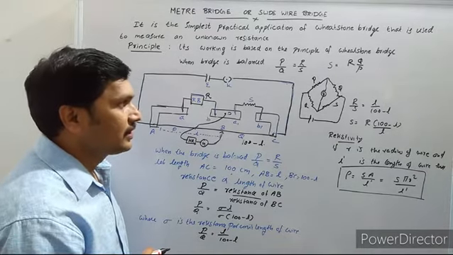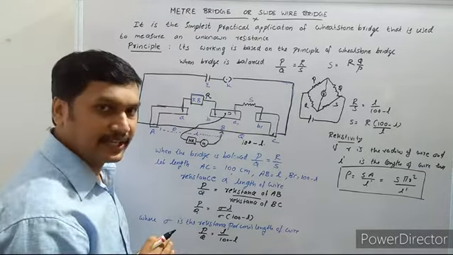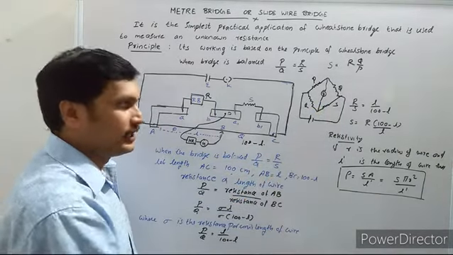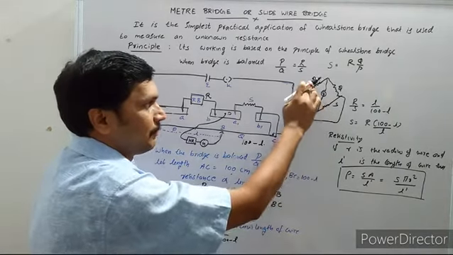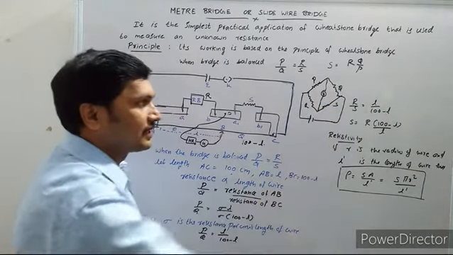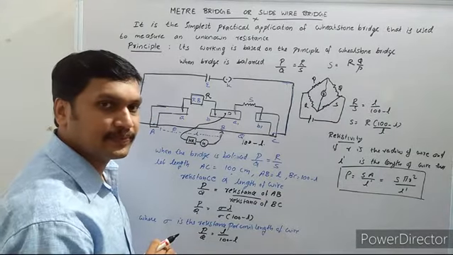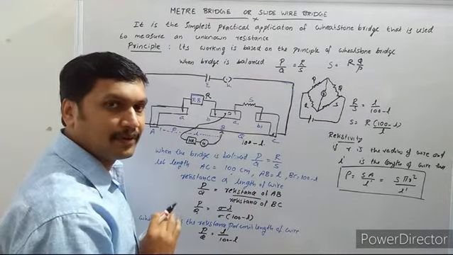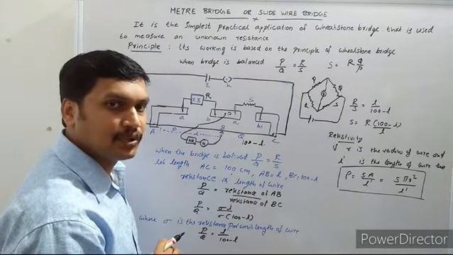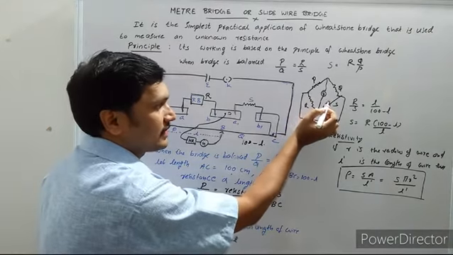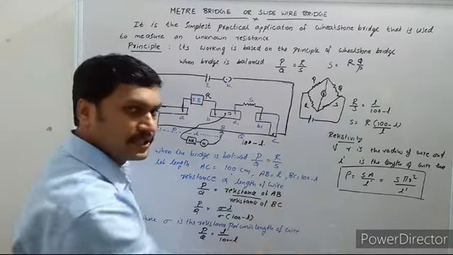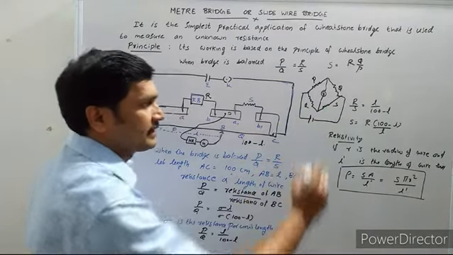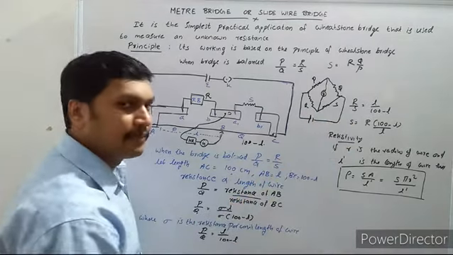A Wheatstone bridge consists of four resistors which are connected as the arms of a quadrilateral. Here we have a Wheatstone bridge. P, Q, R and S are the resistances on this Wheatstone bridge. If the Wheatstone bridge is balanced, hope you all remember the balancing condition. When the bridge is balanced, no current will pass through the galvanometer. By then we can write P by Q is equal to R by S.